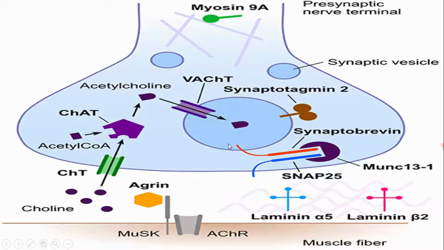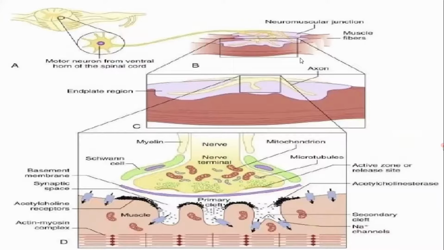And then finally, due to interaction between different proteins, there is a zipper-like action in the presynaptic terminal, and it opens out, and there is release of neurotransmitters. So this is the synaptic cleft. This is the postsynaptic terminal, which is the muscle end plate. There are multiple clefts present here, and there are the nicotinic acetylcholine gated receptor channels which are present here.